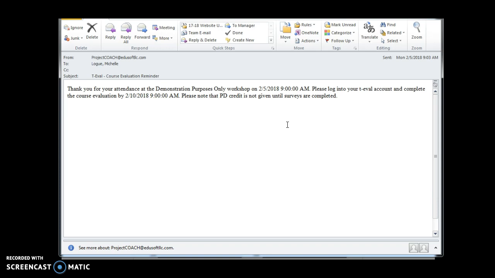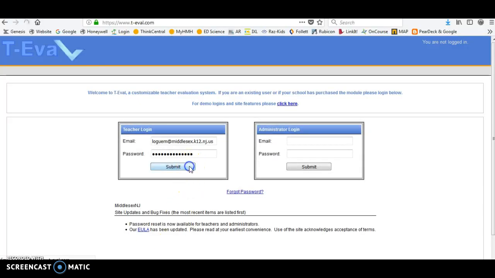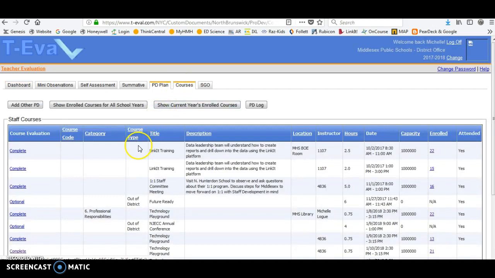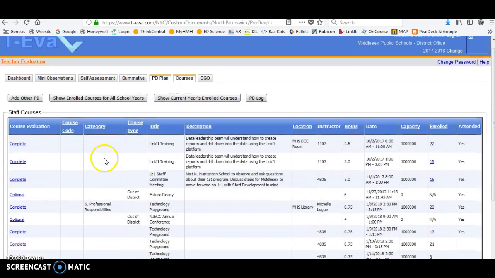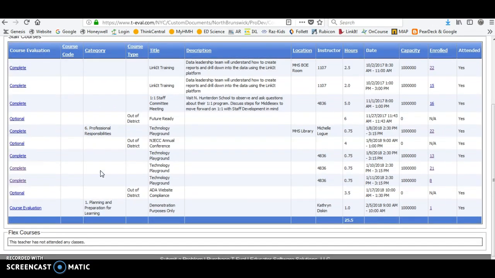Everyone needs to understand that it is your completed evaluation that triggers the PD to be added as credit to your PD log. So let's take a look at what happens when you log into t-Eval. You will navigate to the Courses tab. From here, you'll notice all the PD you have been given credit for. If you believe there are professional development courses that you attended but are not listed here, please contact Donna Warner